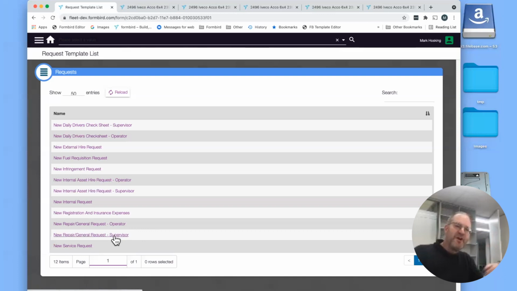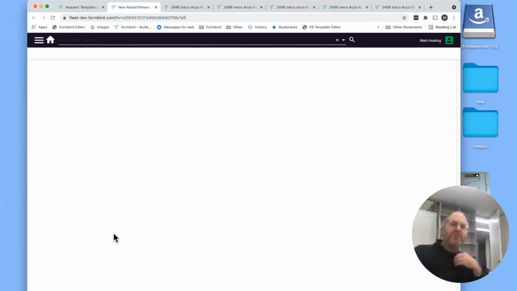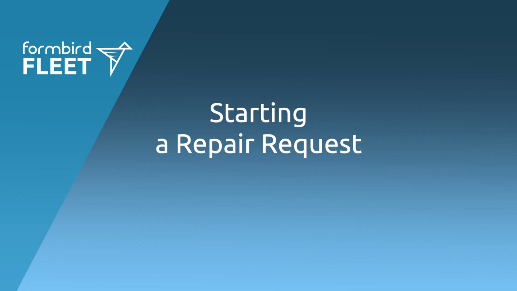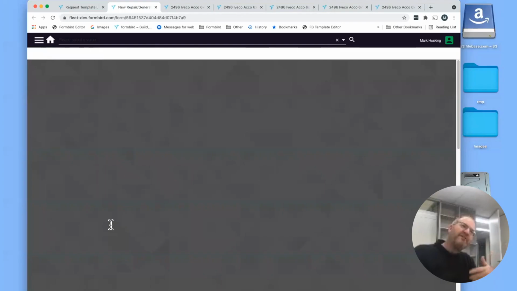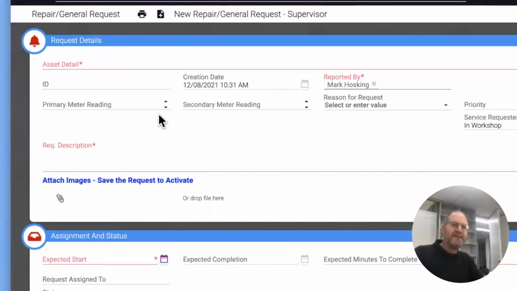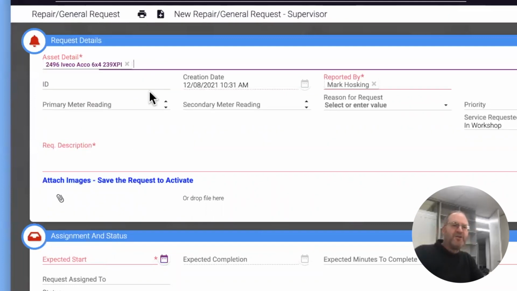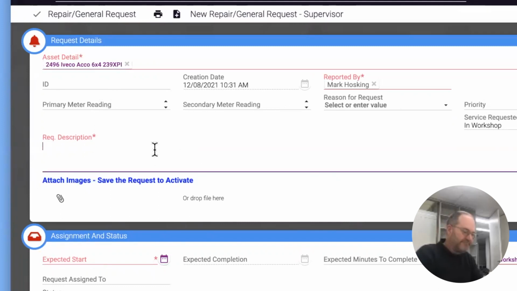If I go as a supervisor, I'll go in and report a problem, and I'll report it specifically. So someone's just walked into the workshop, for instance, and said, look, I've got a busted something or rather. So if I do that, I'll link it to the asset. I'll update any details,